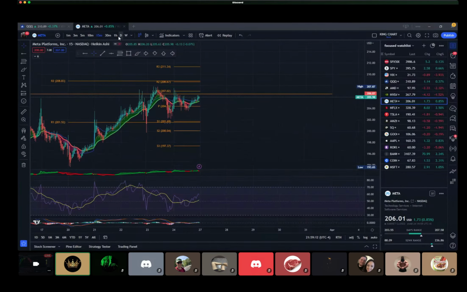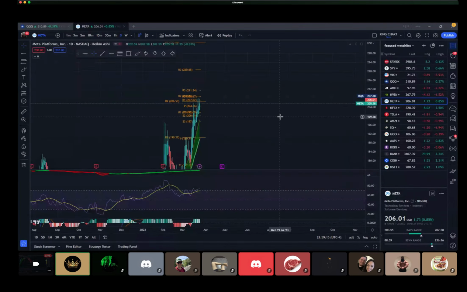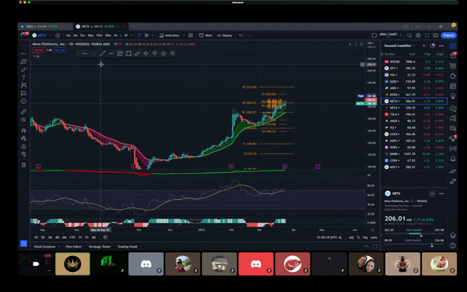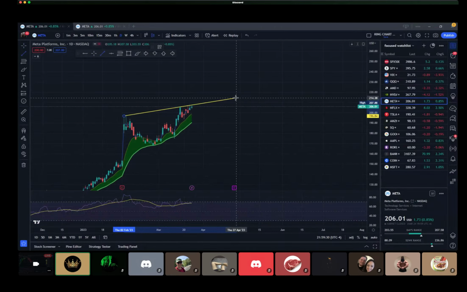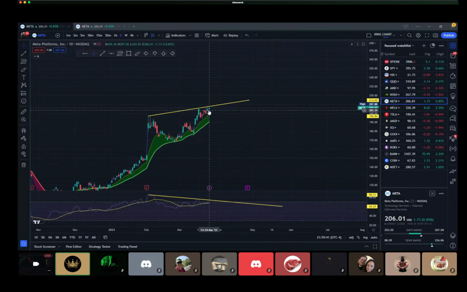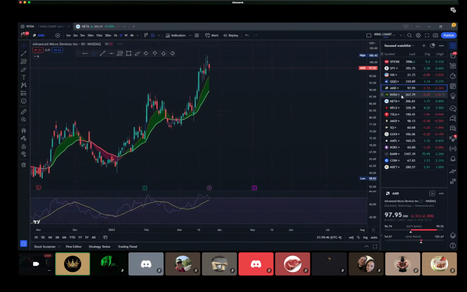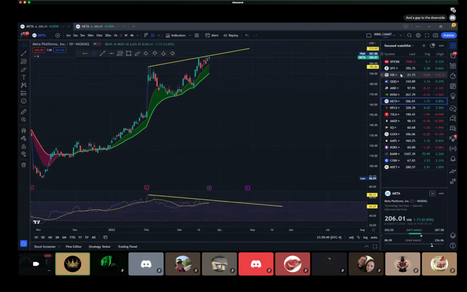All right, so what are we looking at here? We're looking at a daily on Meta. Go to this guy, because I already have the daily set up. So dailies on Meta. Immediately, what stands out? Higher highs here, higher lows on the price, lower lows on the RSI. It's not a coincidence. Definitely can see a nice pullback. See how everything's kind of lining up? GPUs, AMD, NVIDIA. Everybody's kind of showing that bearish move to the downside.